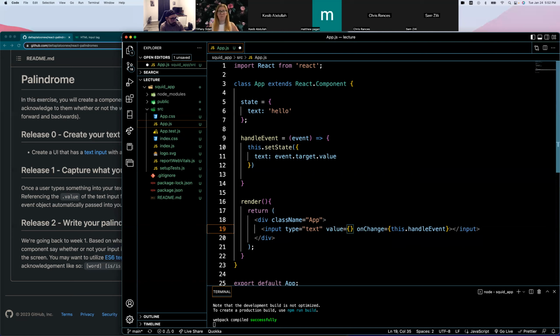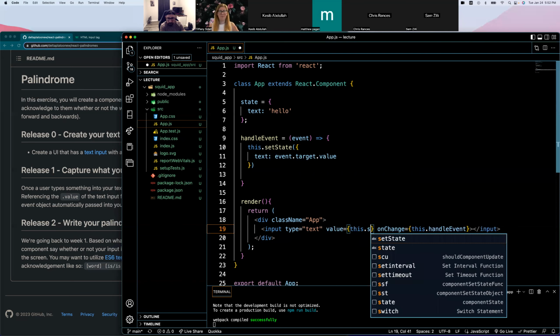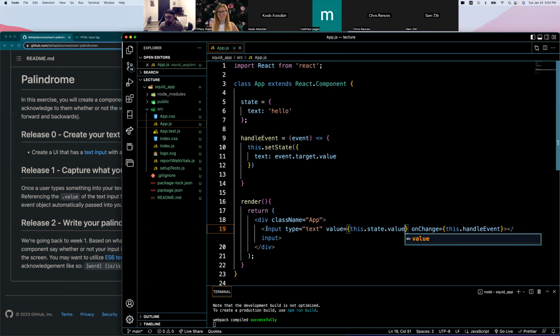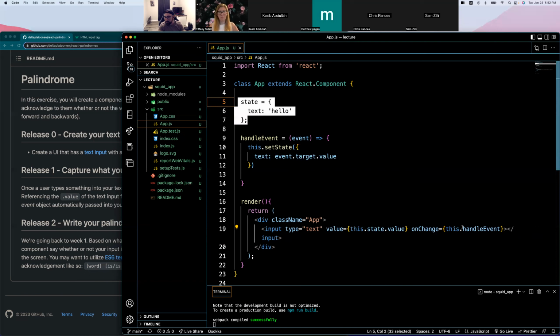So follow as I say, even if my explanation is not the best. So the input, the value of this is going to be set as we're setting state. On a change, we're going to be, sorry, I'll back up. On change, this value here is going to be equal to,